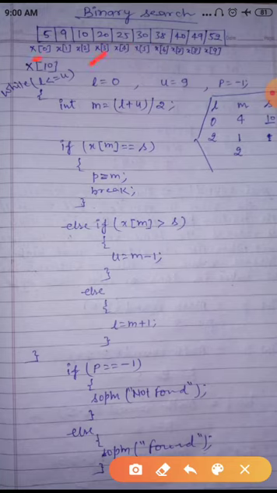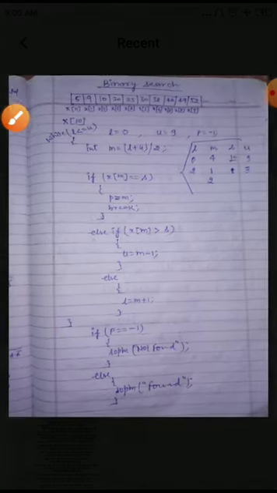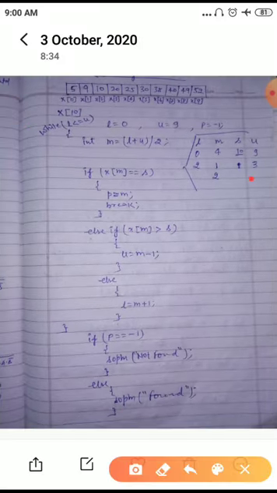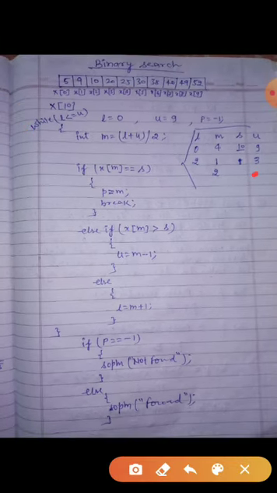Okay, so how is this possible? When you write this condition, if it is true, you will change only U. U will be M minus 1. This one is wrong, this one is correct, true. So this will also be false because only one will be true. So now what will be the U? U will be 3. You can see here U is 3. The new value of U is 3.